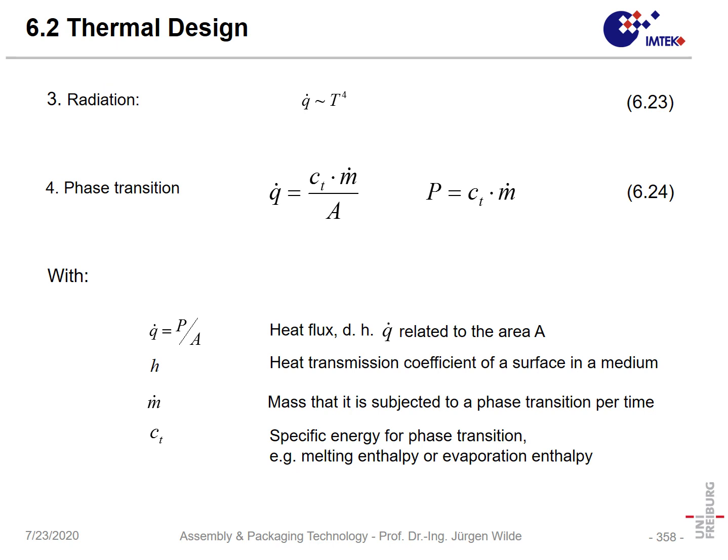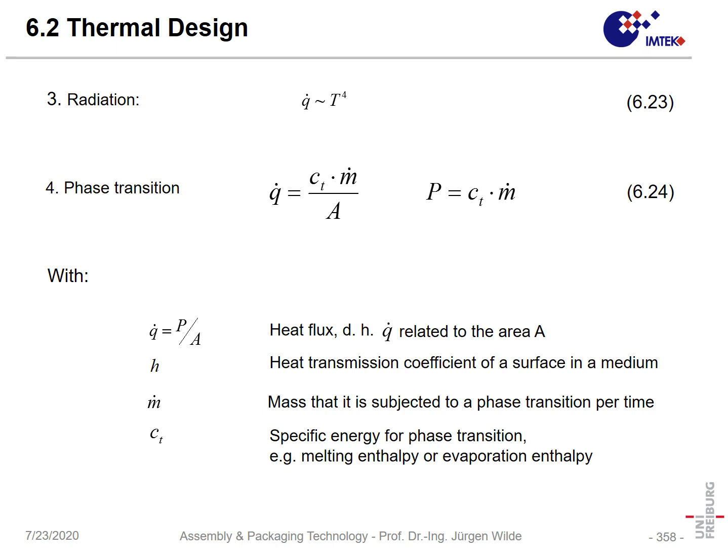Radiation, here we can say the dissipated power per area is proportional to the temperature to the power of 4. And then we have also phase transition. Here we can say the phase transition is, for instance, evaporation of some medium. For instance, imagine you would have your electronics in water and you would just boil the water away. Then you would keep the temperature at 100 degrees centigrade, or you have it in